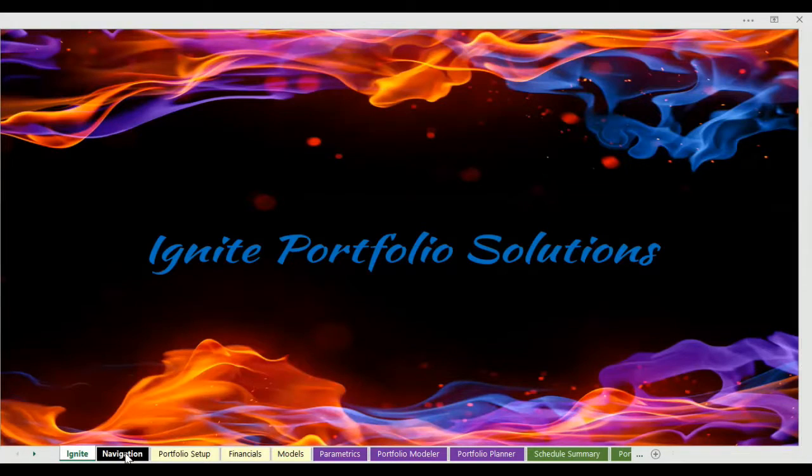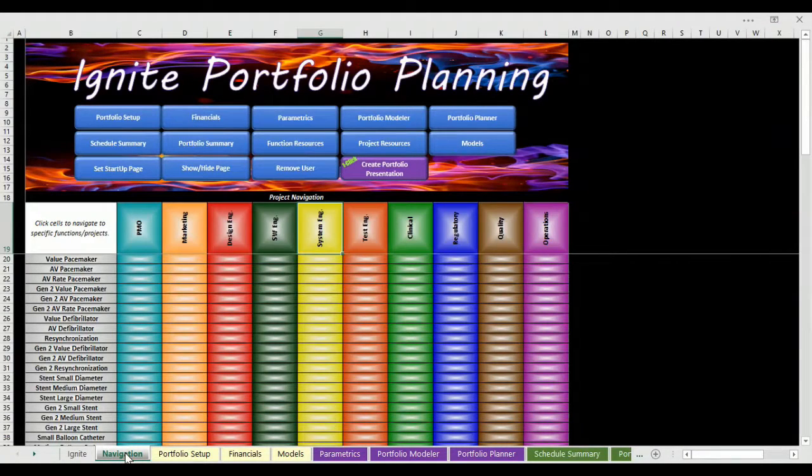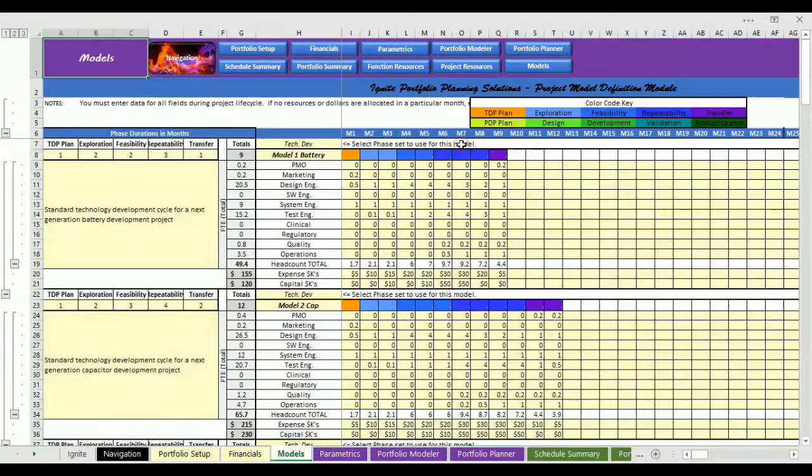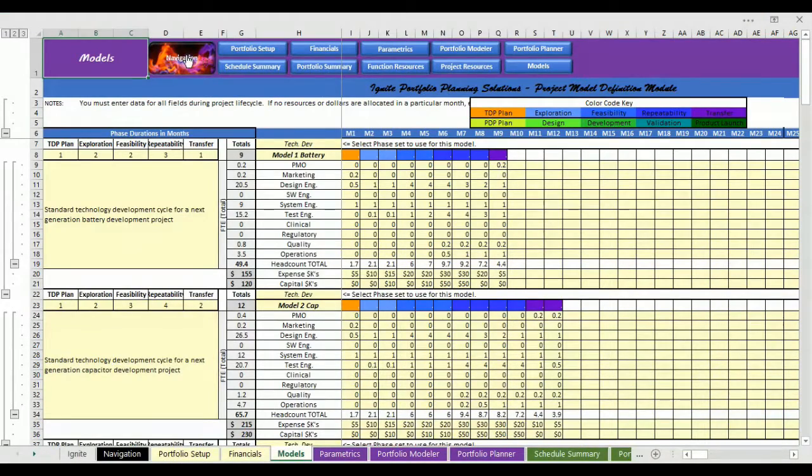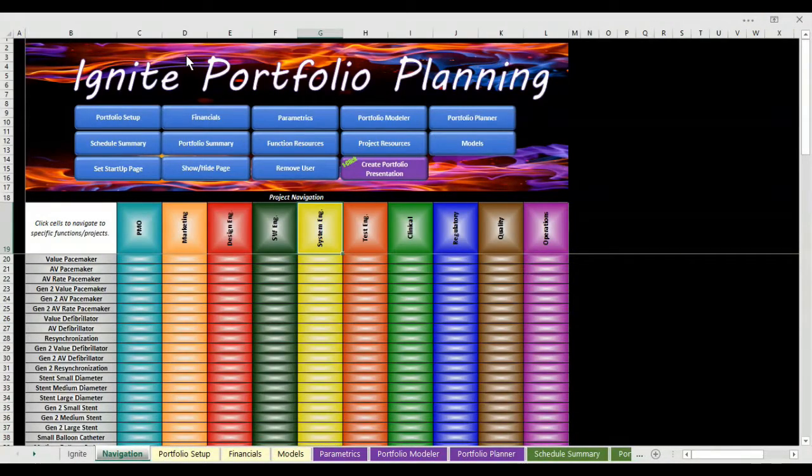First, navigation. Ignite provides a navigation homepage that consolidates navigation to any and all worksheets from a single location. It also provides a bidirectional navigation feature accessible from the top of every worksheet. In addition, it provides a navigation matrix that will bring you to a specific project,